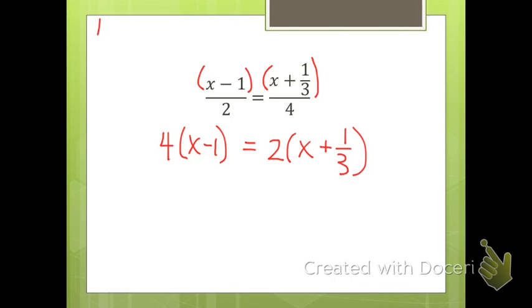So I just use that, a over b equals c over d. Then the a times d is equal to